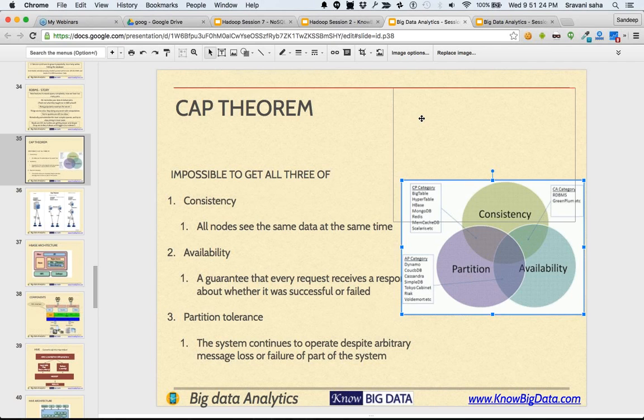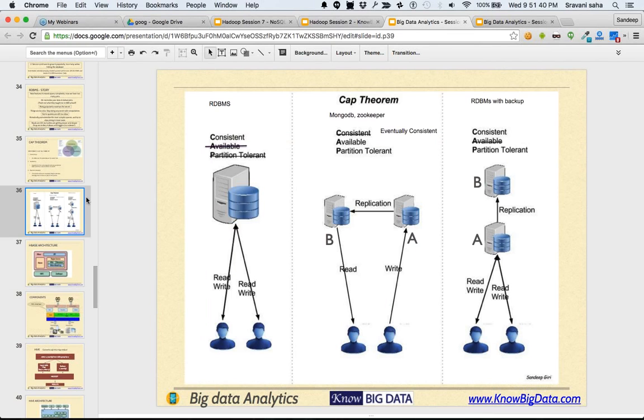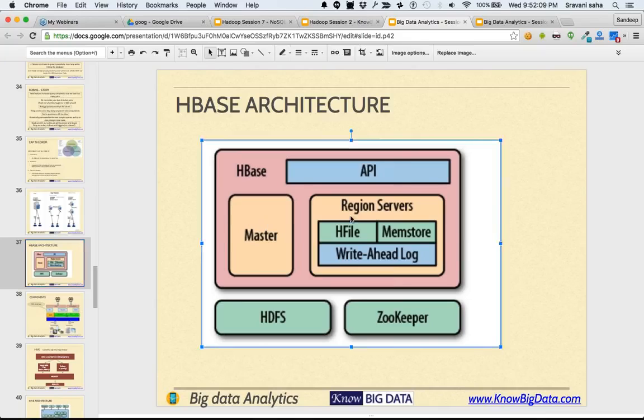All right. Now, HBase is one kind of database which is not highly available, but is consistent and partition tolerant. Consistent and partition tolerant because it follows a slightly different model where there is something called HBase master, which is a single point of contact, and then there is a backup for the HBase master, and the rest are region servers. So all the users who are writing or reading talk to the master, and then the master writes to the region server.